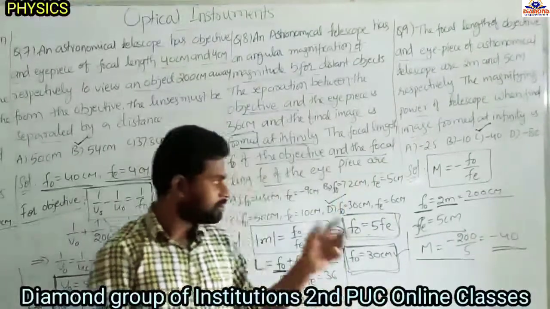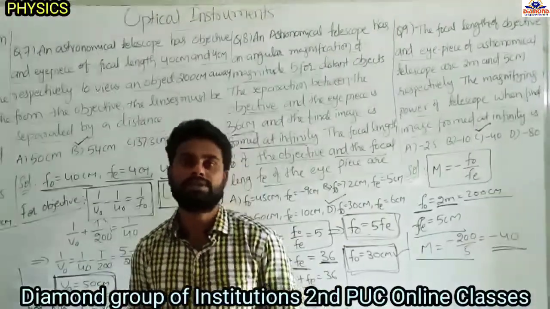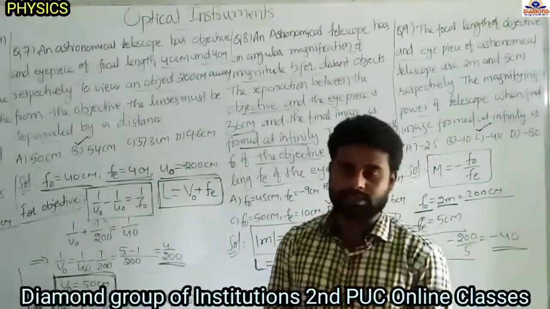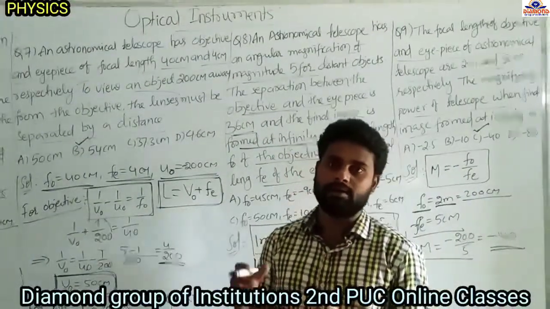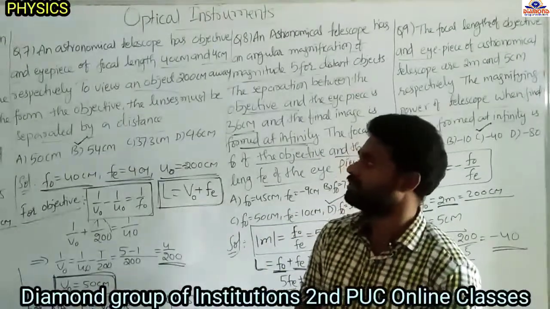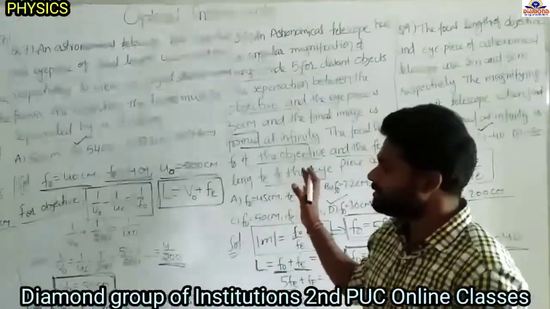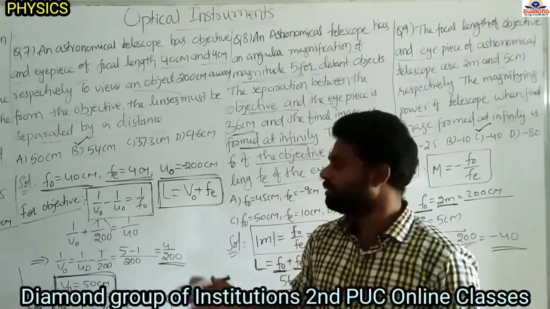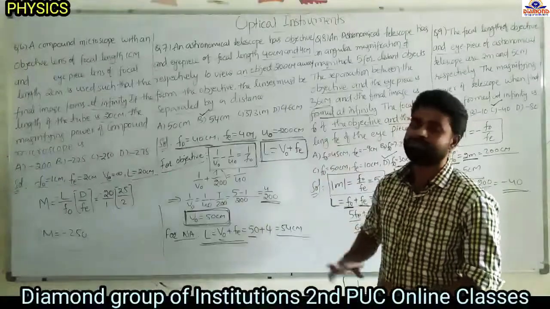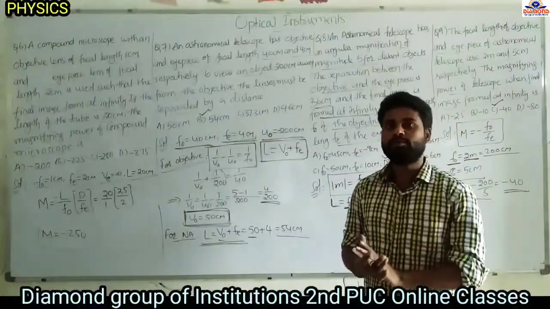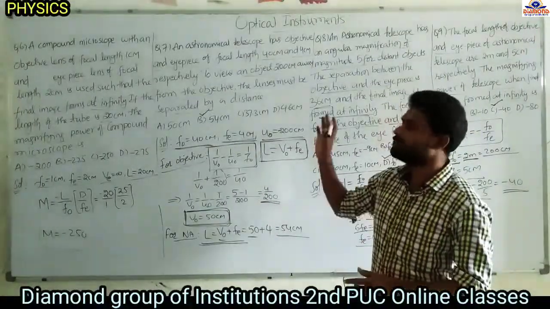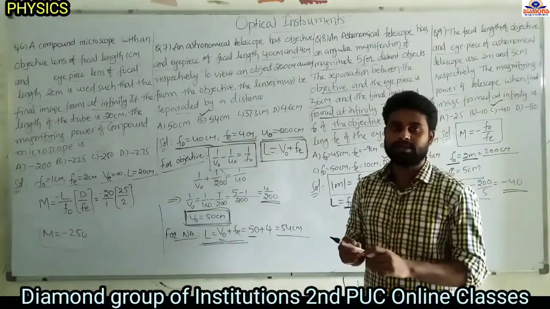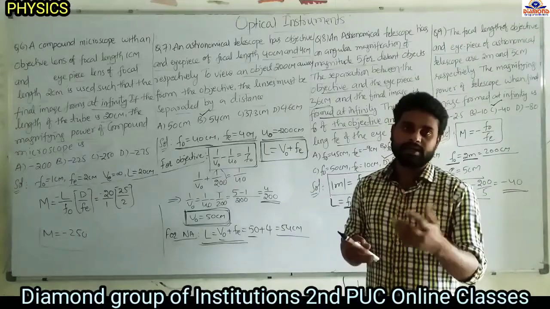So like this you have to solve the problems. Till now we discussed formula problems asked in the KCET, NEET and IIT exams. All these questions are based on formulas only. You have to remember 7 or 8 formulas. If you remember these formulas, you can solve any question from optical instruments. You will get 4 marks very easily. Concentrate on this topic. It is a small topic, one question is compulsory, 100%, and you can get the 4 marks easily.